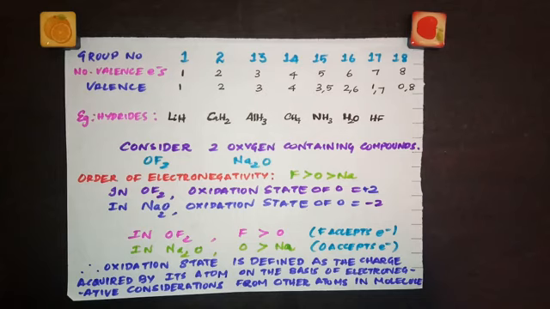So far we have seen how these periodic properties change along a period and down the group. Before we summarize all that and relate it to the chemical properties of the elements, let's see the anomalous behavior of second period elements. Whenever you take a group, all the elements in the group are expected to behave similarly. But the elements in the second period show some different characteristics. Let's learn about that now.